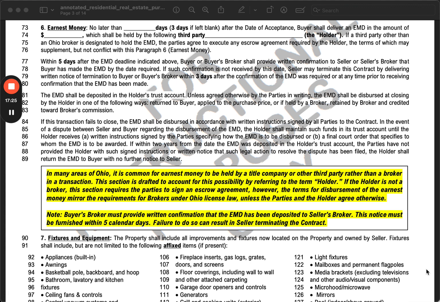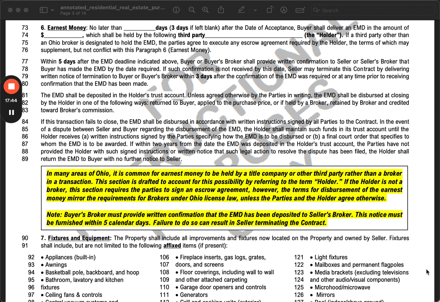shall deliver an EMD in the amount of whatever amount the buyer is offering in earnest money goes there, which shall be held by the following third party, and the line there states the holder. For our brokerage, this is where you would write in the title company's name because they will be holding the